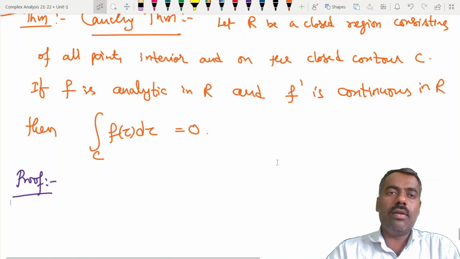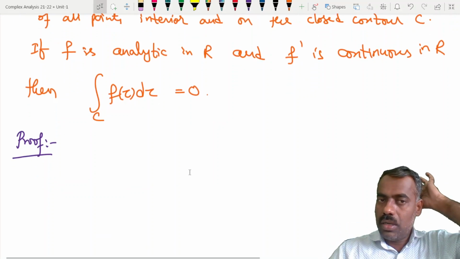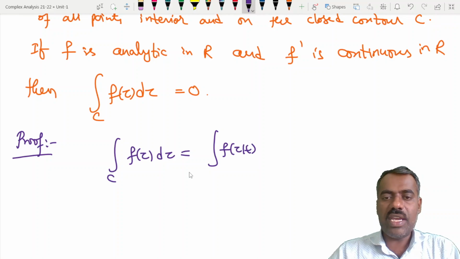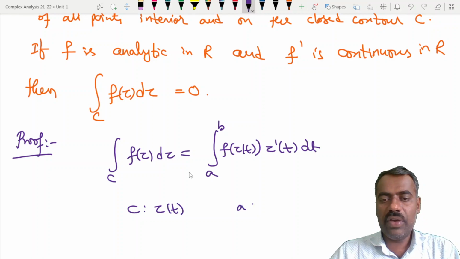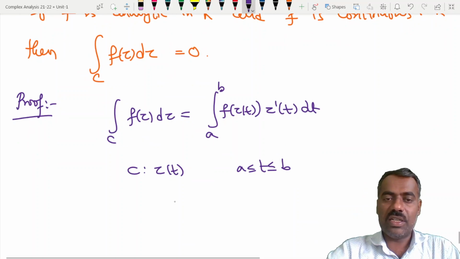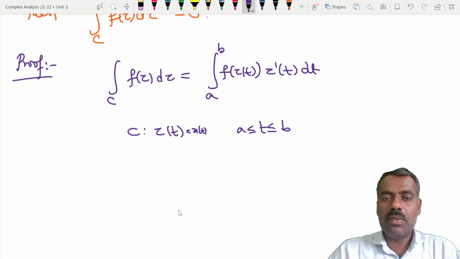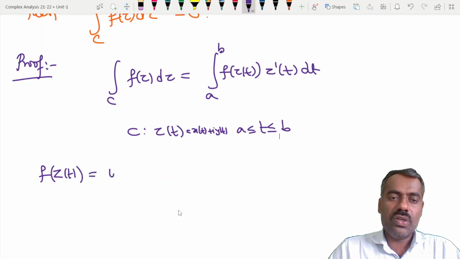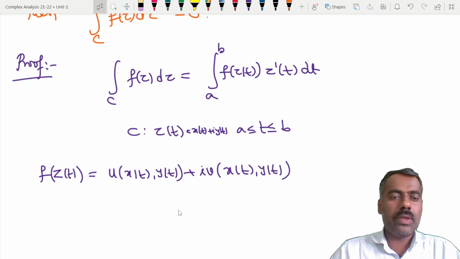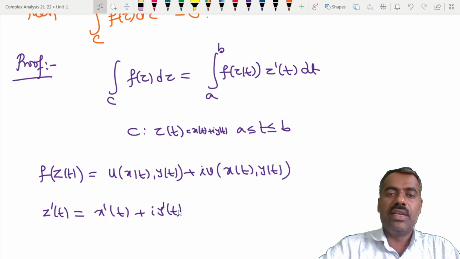So the proof is a calculation and the use of a result called Green's theorem. We'll come to that. First we want to show that the integration of f(z) dz is, by parameterization, the integral of f(z(t)) z'(t) dt, where our C is z(t), t from a to b. Now we'll put f(z) as u(x,y) + iv(x,y), and x is a function of t, because z(t) is x(t) + i y(t). So f(z(t)) is u(x(t),y(t)) + i v(x(t),y(t)). And z'(t) is x'(t) + i y'(t). If we substitute these things,